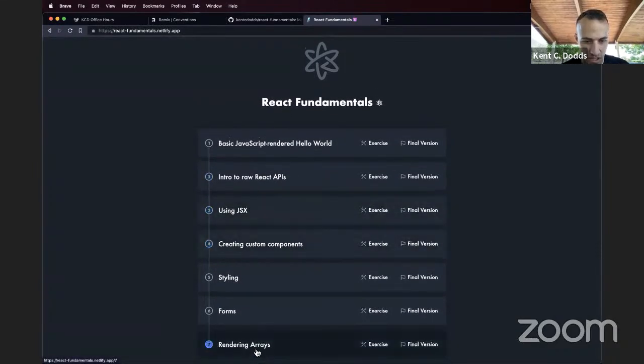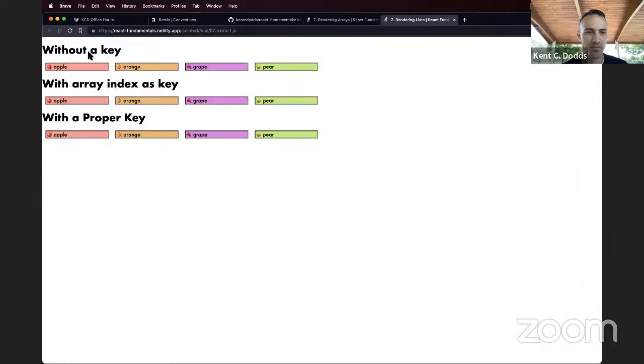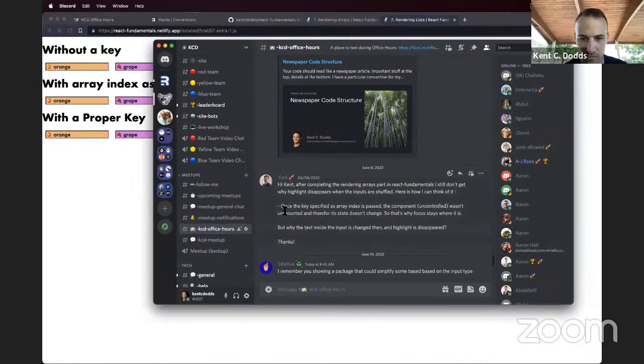Okay, so we're looking at rendering arrays. If we look at the extra credit here, let's open that up. You'll notice that the highlight doesn't change, same thing for this as things move around, but then here I'm going to stay with the pair always. So your question is around